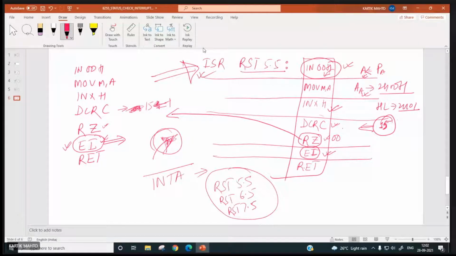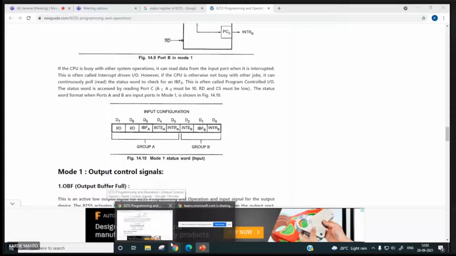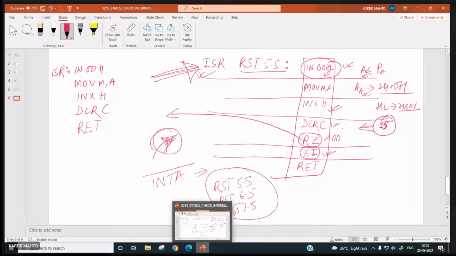So whenever the processor branches over here, suppose we do like this: DCR C, RET. Then what will it do? This is our ISR. What is the problem in this ISR? Anyone?